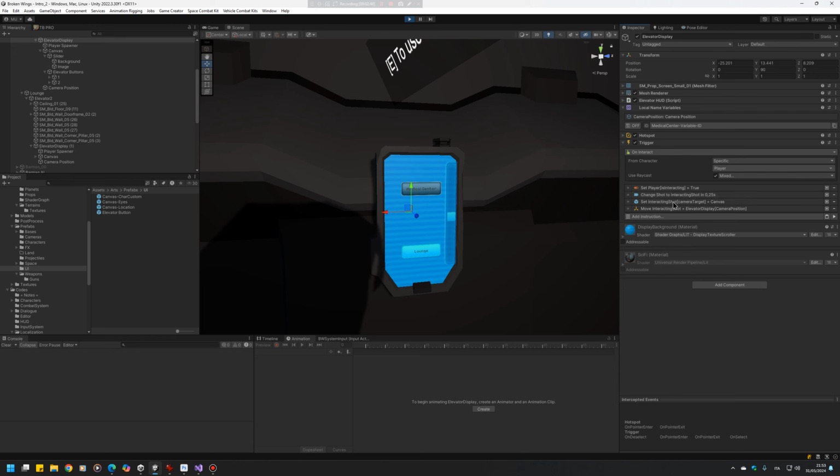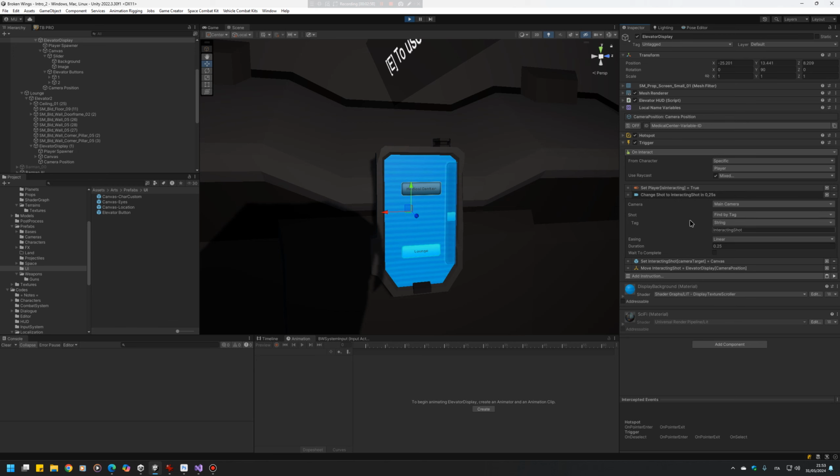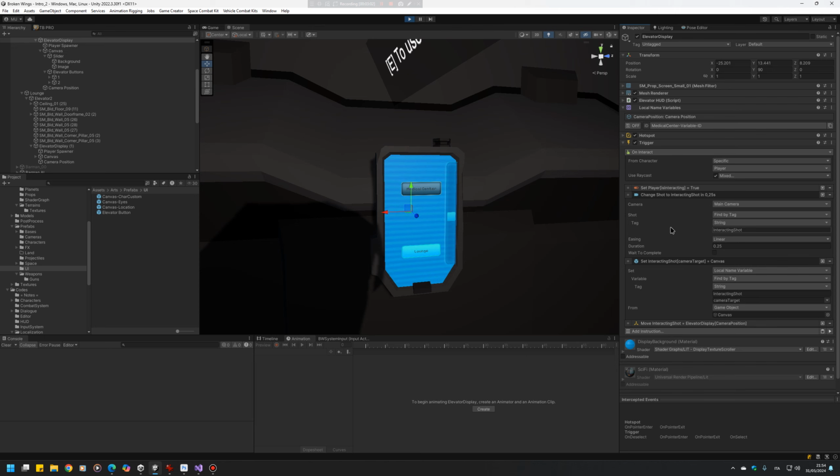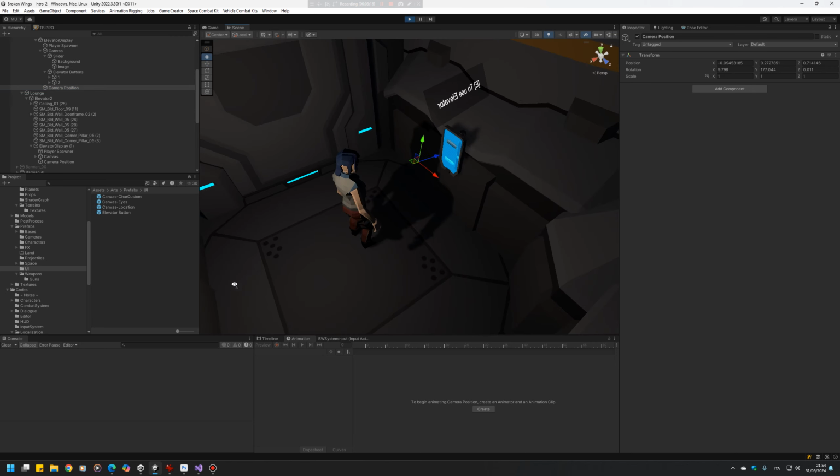So at this point I know that I can't move the player, and also I switch the camera to the interacting shot. Also I move the camera to the position which I've set inside the display, and this is a prefab, so I can place it everywhere. And also, as I said